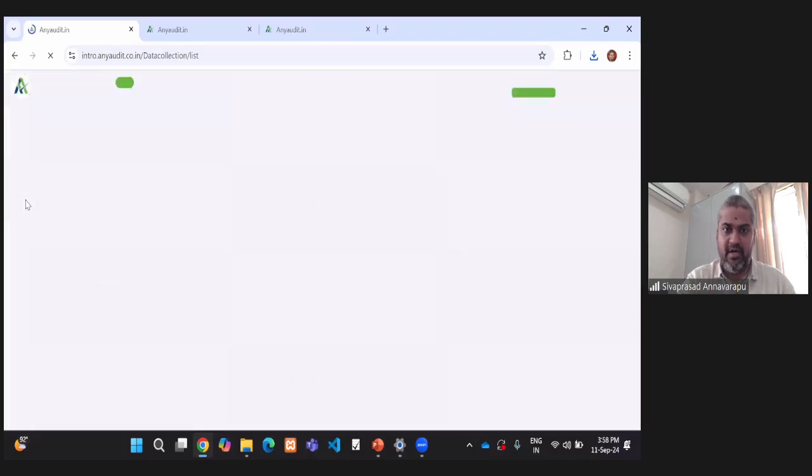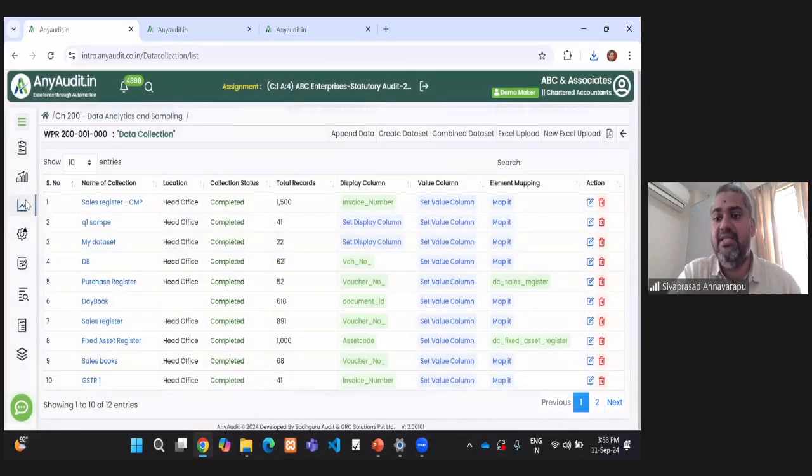This is one module where the auditor can take lots of data and analyze it the way he wants. Of course, in the next session, Vijay sir will take you through how to do it in Excel using formulas, in a conventional way, though Excel has become a little conventional now. You can do a lot of other powerful functions in Excel. There is also a data analytics module built into this, which comes preloaded with a lot of audit functions. Of course, Excel is a generic utility, and you can do a lot of other calculations and prepare a lot of statements, whereas here the data analytics comes preloaded with a lot of audit-related functions.